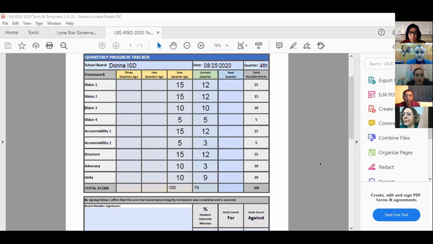Are there any questions from you guys? Anything you guys see different? I mean, again, we could have gone to 15 on Vision 1, Vision 2, again, going from March, but because of COVID-19, we're unable to complete some of those tasks, I think. Obviously, it's our evaluation to where we see ourselves. So I'm just asking for your concurrence so we can turn this in to TEA.